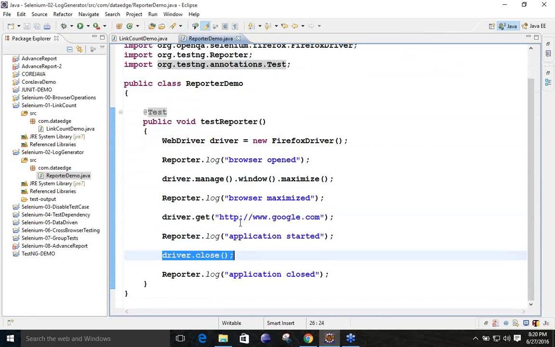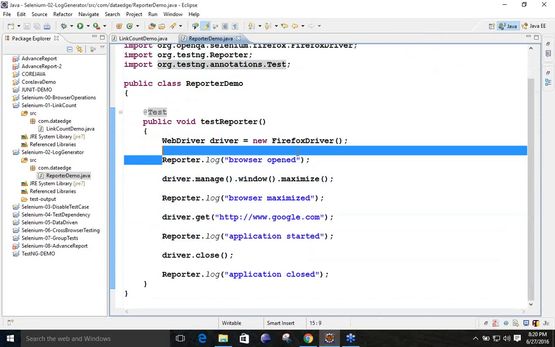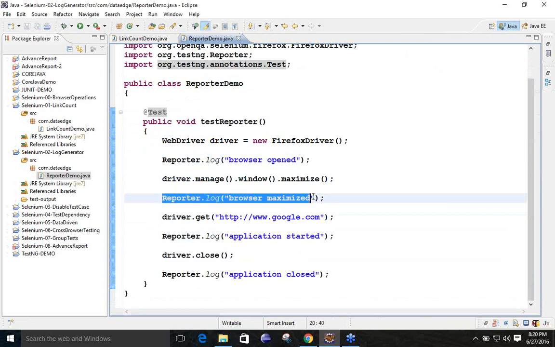But the extra lines you are seeing over here, like Reporter.log, again Reporter.log, each and every time have some different messages. So you can see driver equal to new FirefoxDriver, so it will open Firefox, and for this step I have given one log, meaning the message it will output. With Reporter.log, the message is browser open.